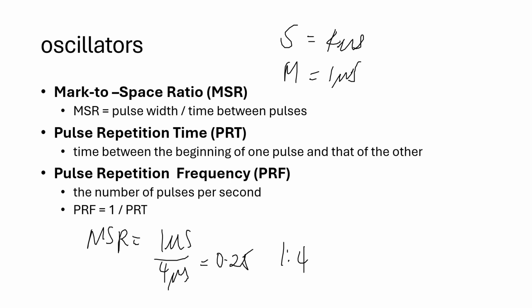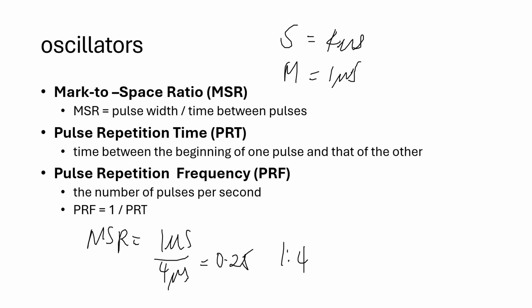Okay, usually the mark and space terms come from early Morse code transmission systems where a pulse was used to cause a pen to mark the paper. So that's why it is called mark and space.